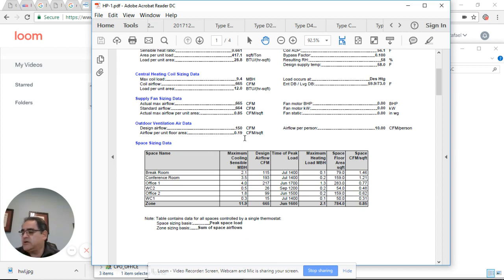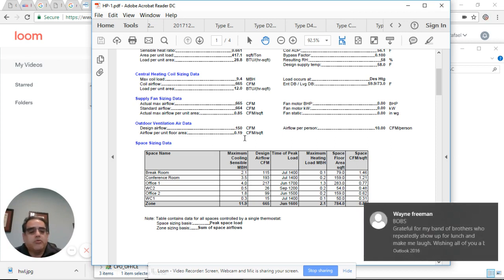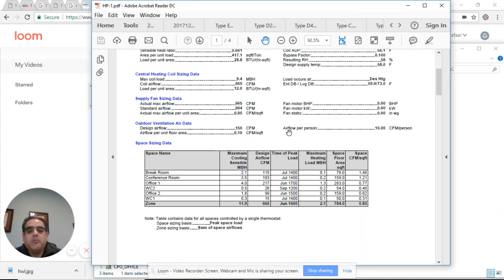That is certainly not 150. It's more like 86 plus 15, that's 101, plus 27, that's 128. So we only need 128 CFM of outside air brought in, but because we're exhausting 150, we've got to bring at least 150 in. So that's what happens with